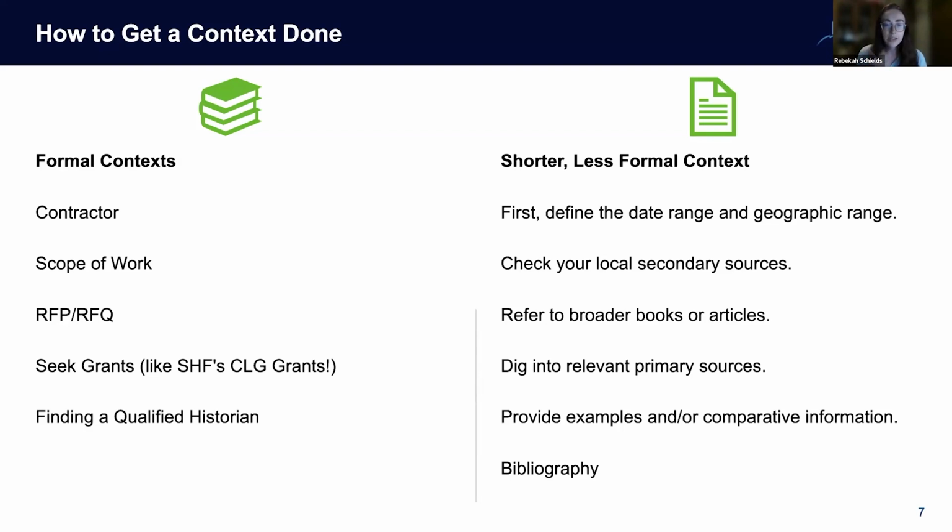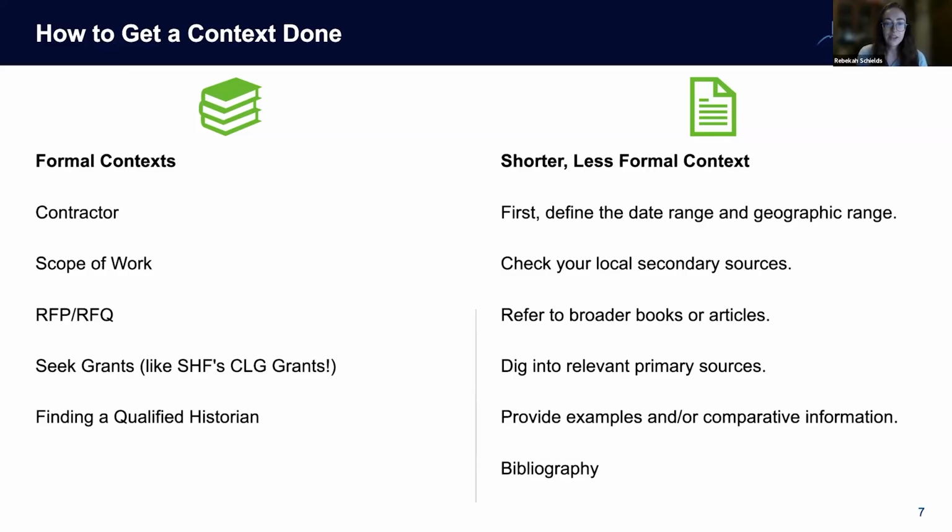Along with local secondary sources, check out broader academic or popular press studies of the topic more generally. Using this information can help you identify where your local history either fits into or differs from other national narratives or state narratives. For my mid-century dealership, I found a great master's thesis that studied mid-century car dealerships in Virginia. Not particularly relevant to the state of Colorado, but it did contain some really useful information, and it led me to other sources that talked about dealership design at the national level that were really helpful.